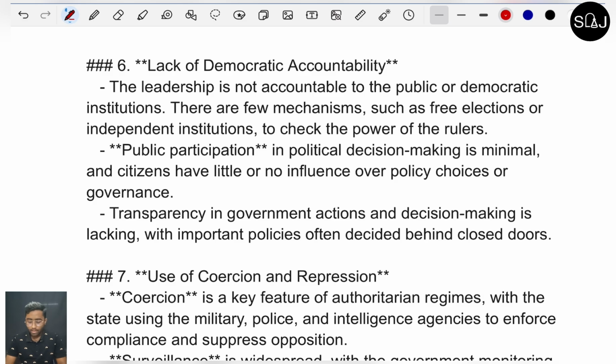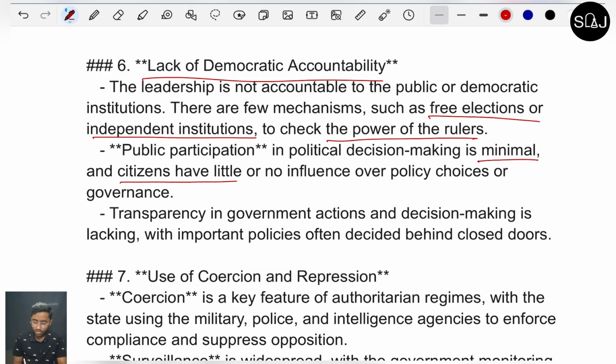Number 6, lack of democratic accountability. The leadership is not accountable to the public or democratic institutions. There are few mechanisms such as free elections or independent institutions to check the power of the rulers. Public participation in political decision making is minimal, and citizens have little or no influence over policy choices